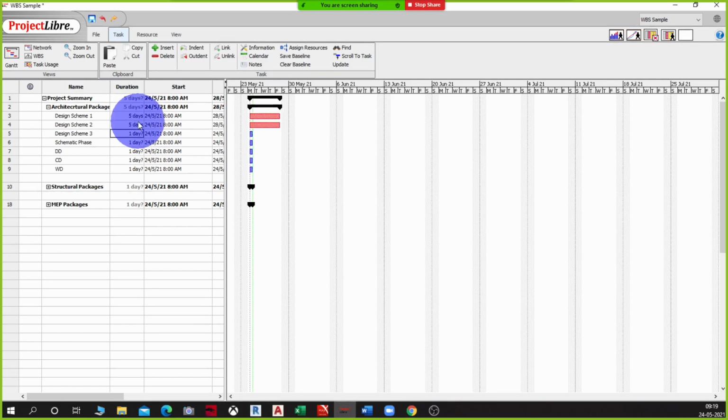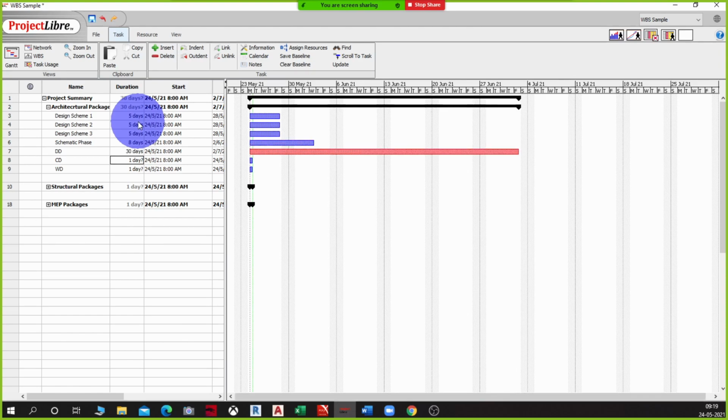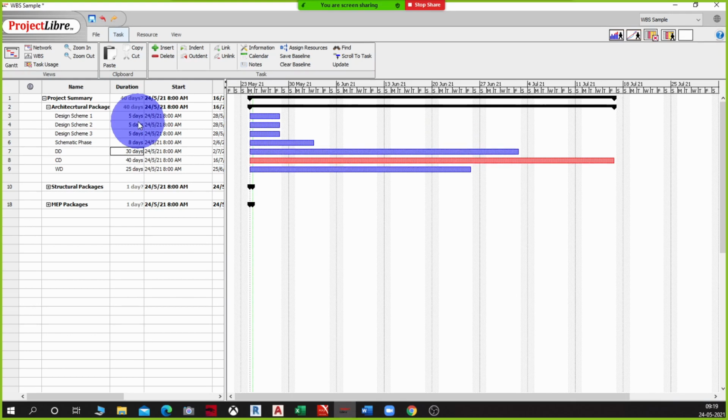The same for the above activity. Design scheme 3 also I give 5 days. Schematic phase, let's say I'm giving 8 days to work. DD takes up, let's say a month, 30 days. CD takes another 40 days from there, and the working drawing needs 25 days finally to finish. Let's consider that this is how the timeline is split.